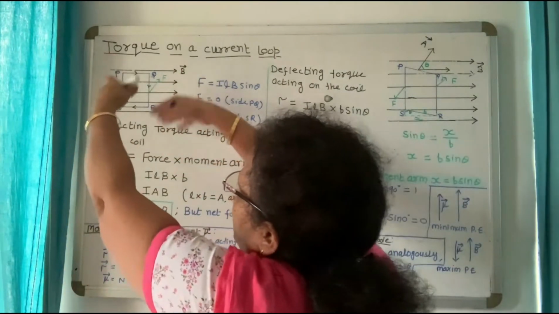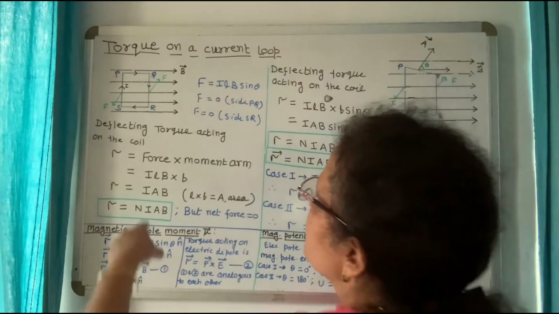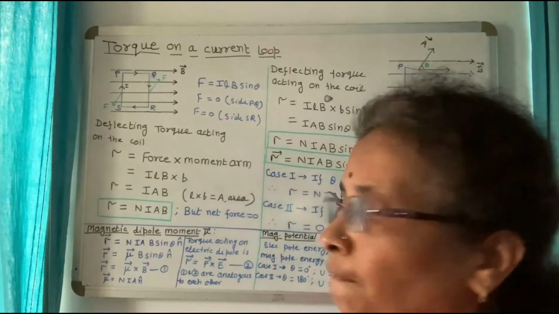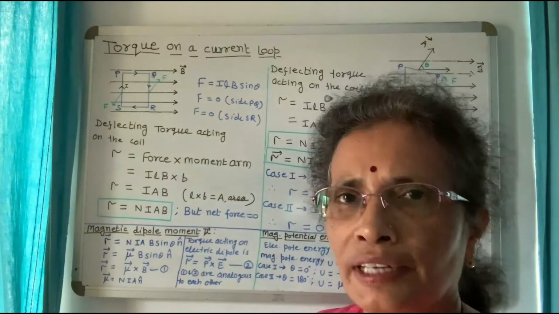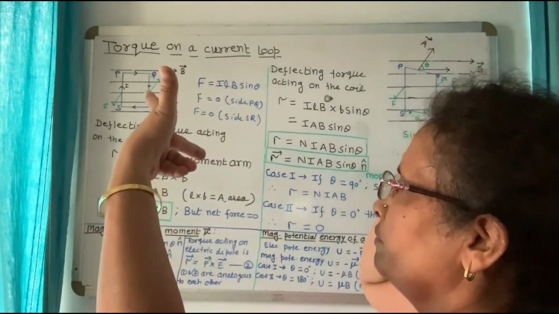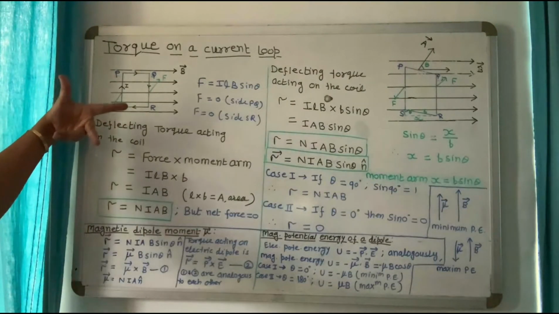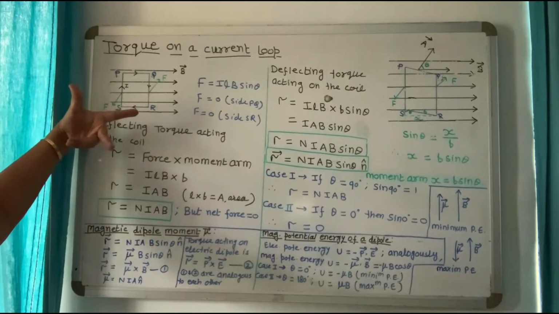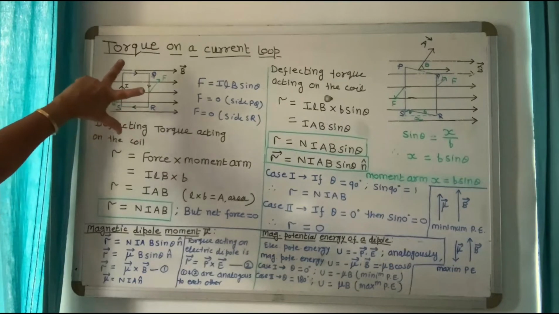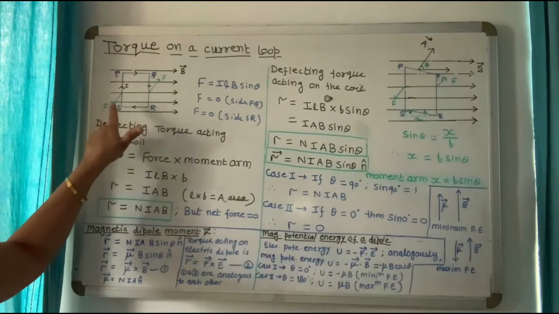Now these two sides are remaining, PS and QR. See here the direction of the current and the magnetic field. In both cases, the direction of the current and the magnetic field are perpendicular to each other. So here which rule will we apply to find the direction of the force? We will apply Fleming's left hand rule. Stretch your fingers. This forefinger gives the direction of the magnetic field, the middle finger gives the direction of the current. This is the upward direction of the current. This is the field. So this thumb represents the direction of the force.